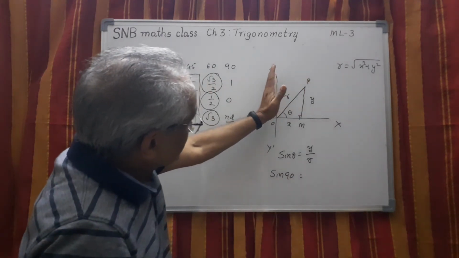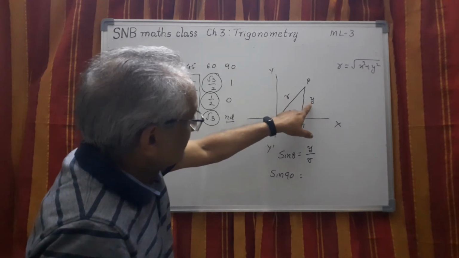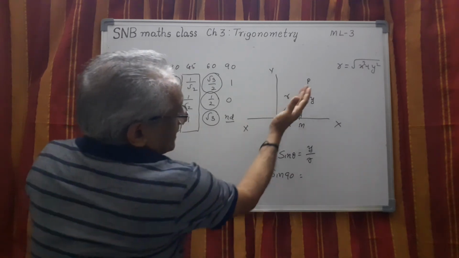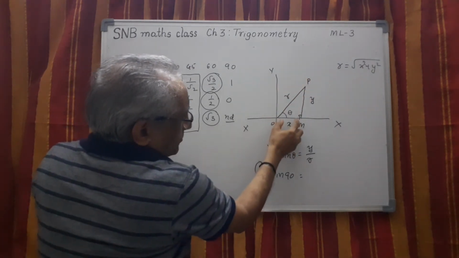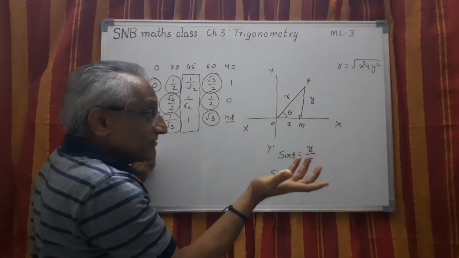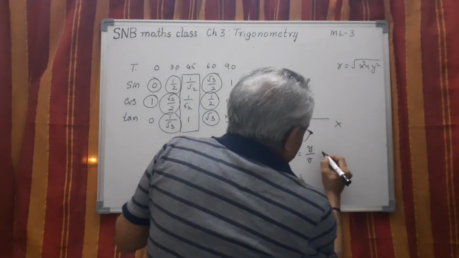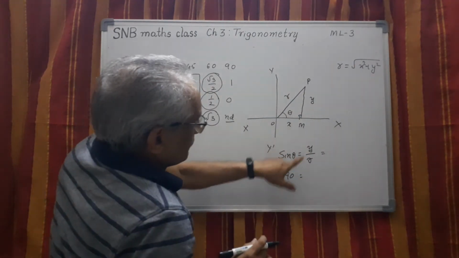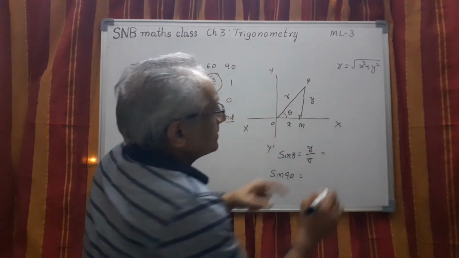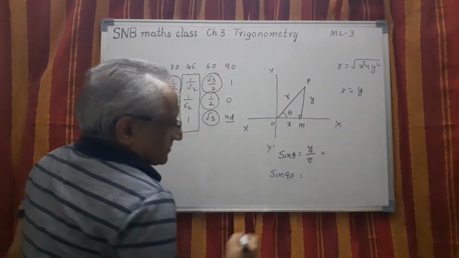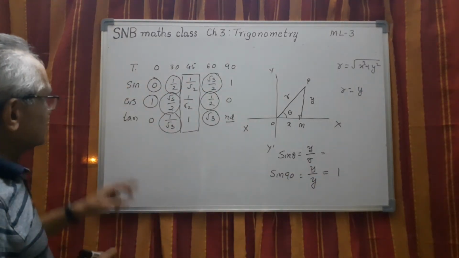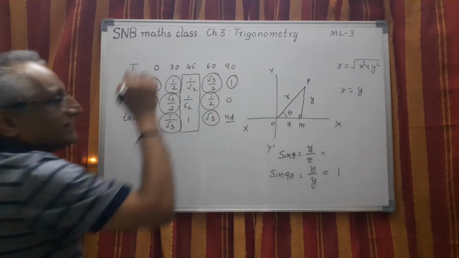When it lies on this one, what about the y value? This will be r, because x becomes 0. You can check. See, when you rotate this line like this, x keeps on decreasing. Then when it comes here, what will be the value of x? It will be 0. Therefore, y becomes r, or r becomes y. Both are the same. x becomes 0, y becomes y only. So r will be equal to y actually. So here what happens is y divided by y, or r by r, both we can write. So this is 1. Therefore, you get sine 90 is 1.